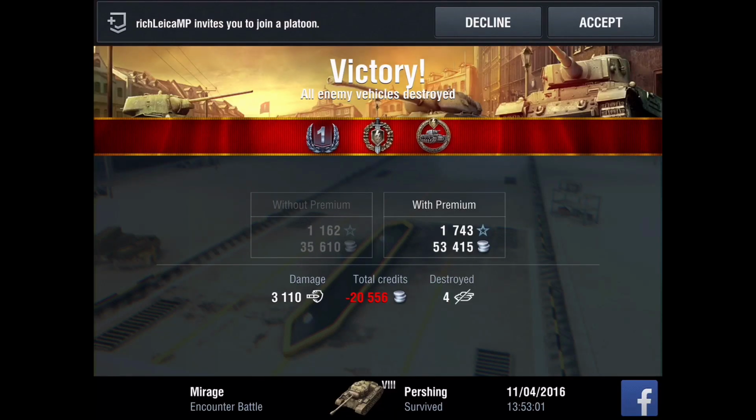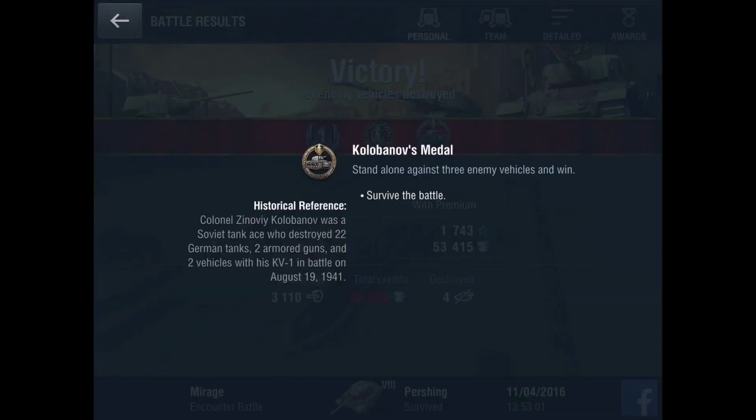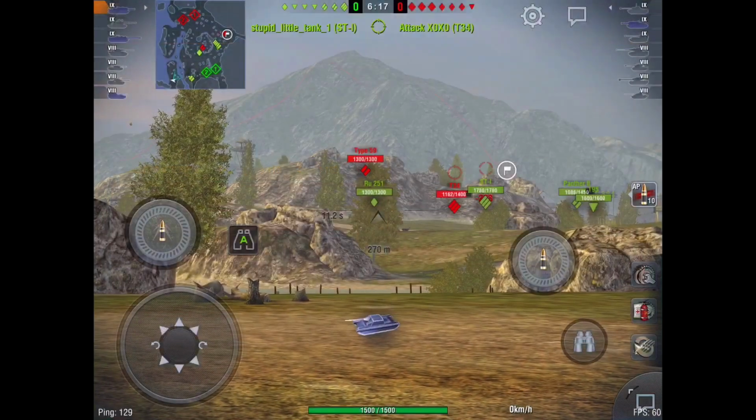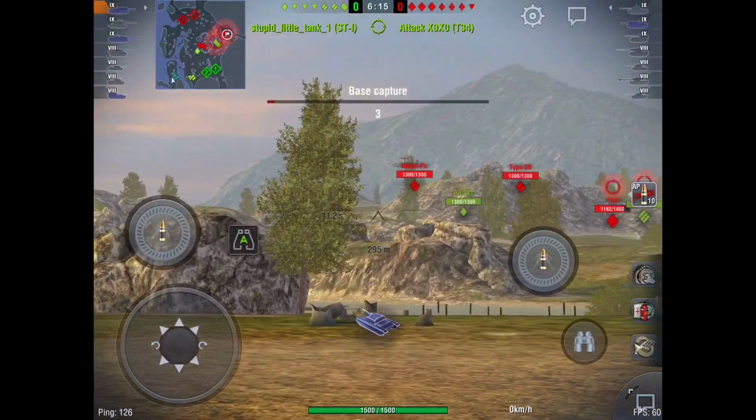It's a fun tank to drive. It's solid as a rock. It won't make you much money. You're going to have to fire Pramo. I probably fired too much there, but we're at a point where...